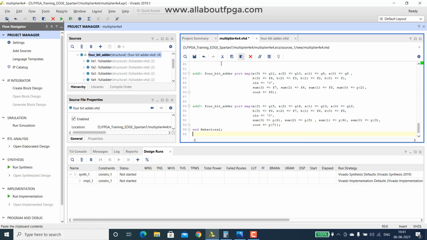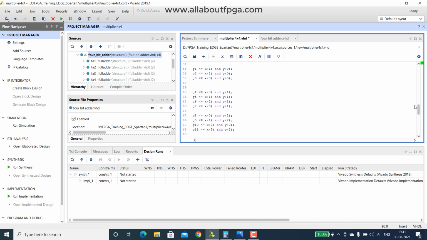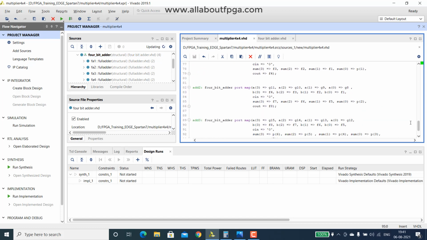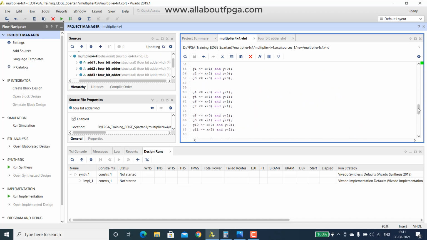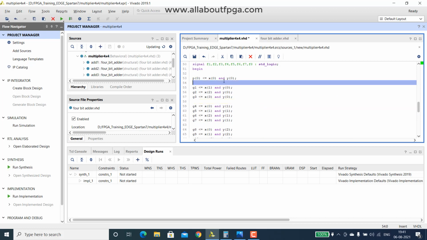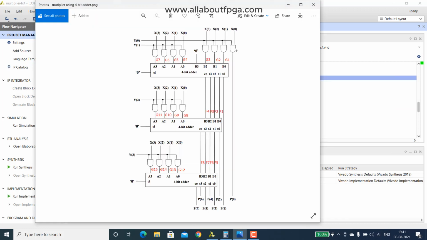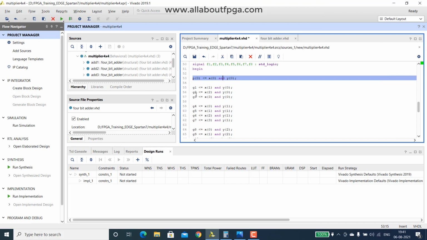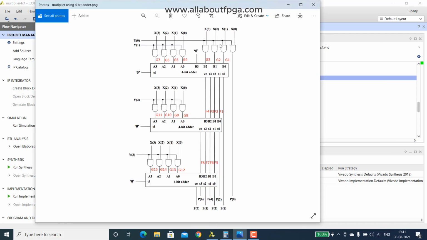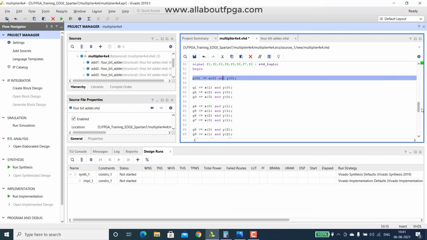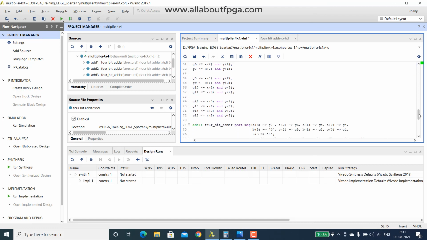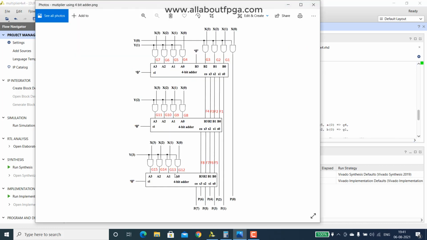So we have completed the design. You can see that initially we have implemented the product AND gate logic. Then we have the 3 gates of G1, G2, G3, then G4 to G7, then G8 to G11 and G12 to G15. Everything is implemented.